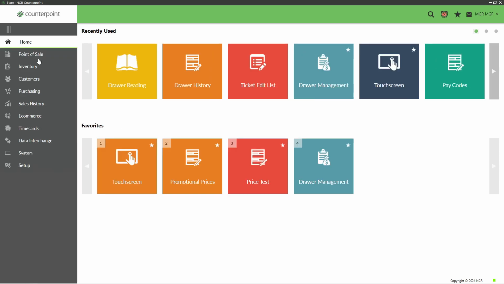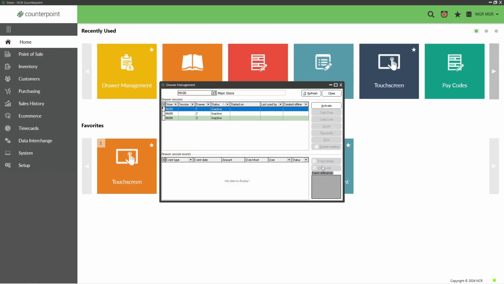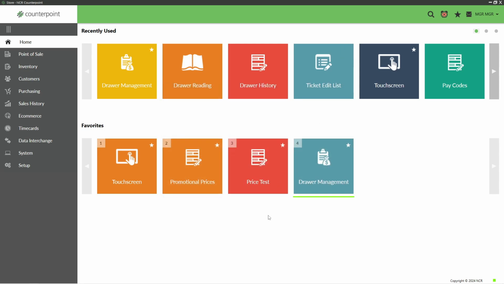One last thing to see, if I go back to my Point of Sale Drawer Management, you'll notice that all those drawers are now inactive because I've wrapped those up for the day, and they're all set for tomorrow morning. The first person to come in will go into Point of Sale and get prompted to activate their drawer. That is just a brief overview of the cycle of